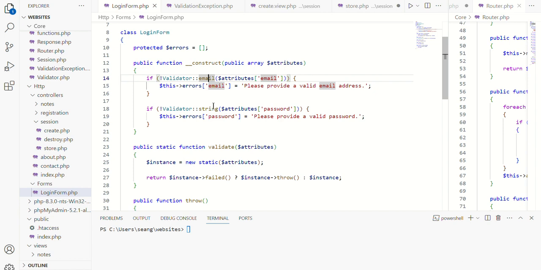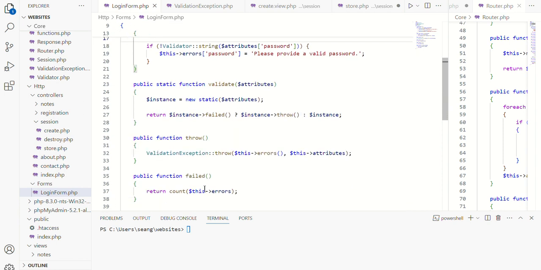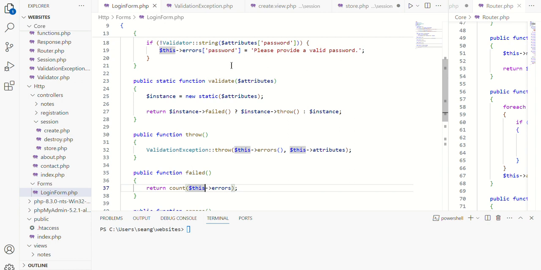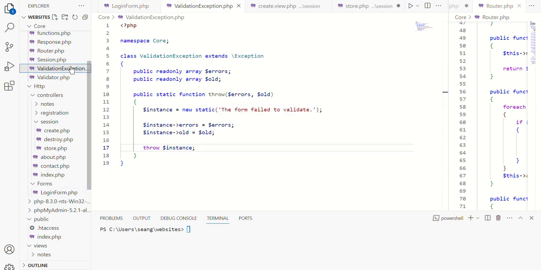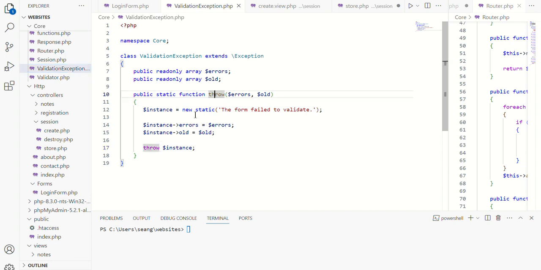if it validates the email, and it validates the string, so it's just checking, is this a valid email type input? Is it a valid string type input? It's not checking if they actually match our database. So return failed, which will be down here, and then we return these errors if these are true and they've been added. Or else we return, we shove instance through, and we go validation exception, and then we pass in our errors and our attributes. So if we go to validation exception into throw,